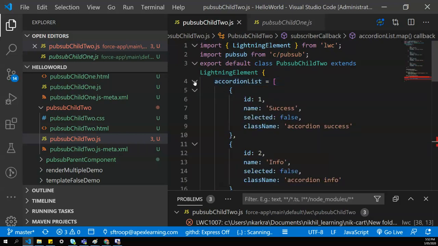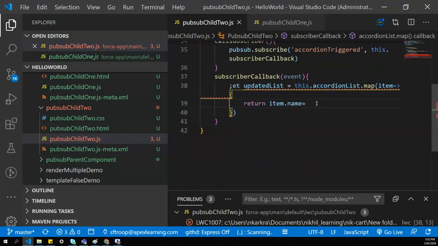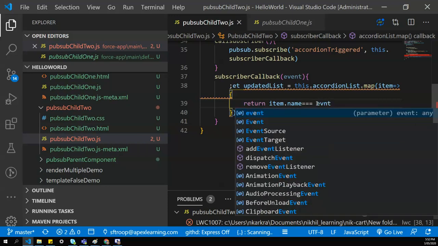That succeeds when this name in the accordion list matches the event that we are passing, or the data that we are passing from child 1, that is the innerText, matches,